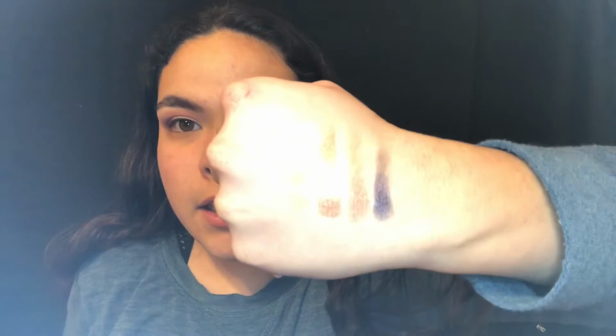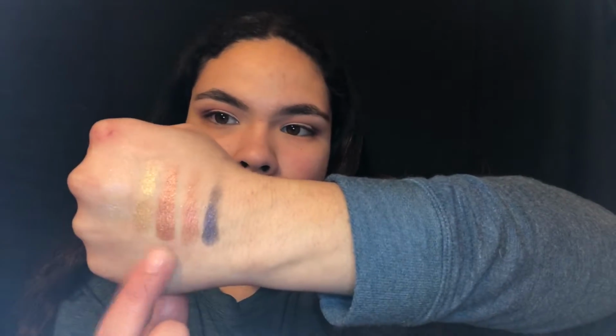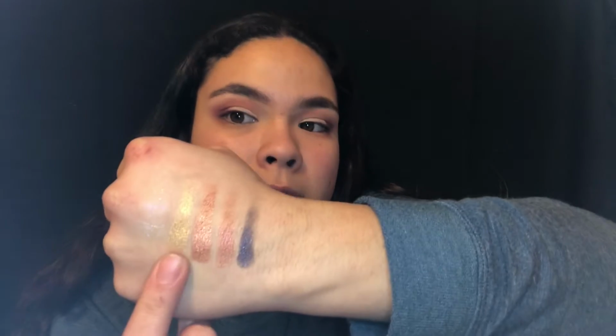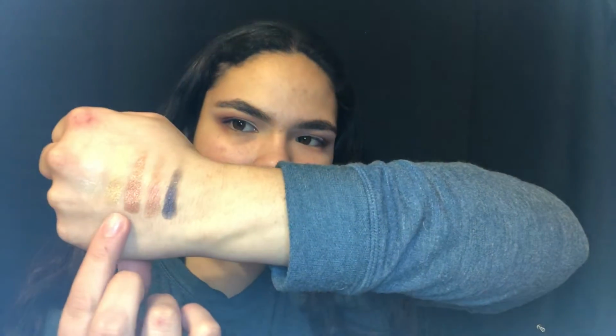And as I put my finger into these glitters, they were smooth. They were so soft. Look at that. Oh, wow. I think that one's Dynamite or Spellbound. But that gold one is shimmy. Like, you know, shimmy. Precious, shimmy,